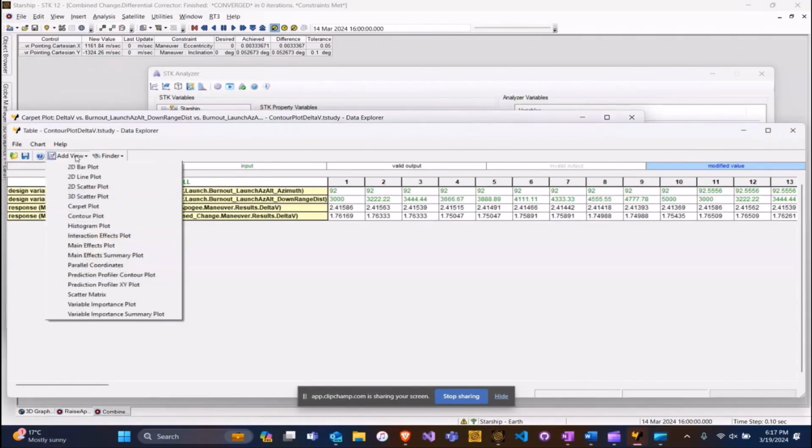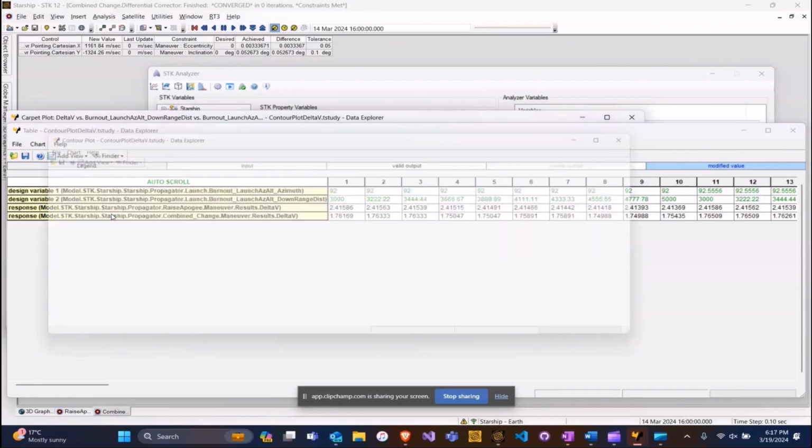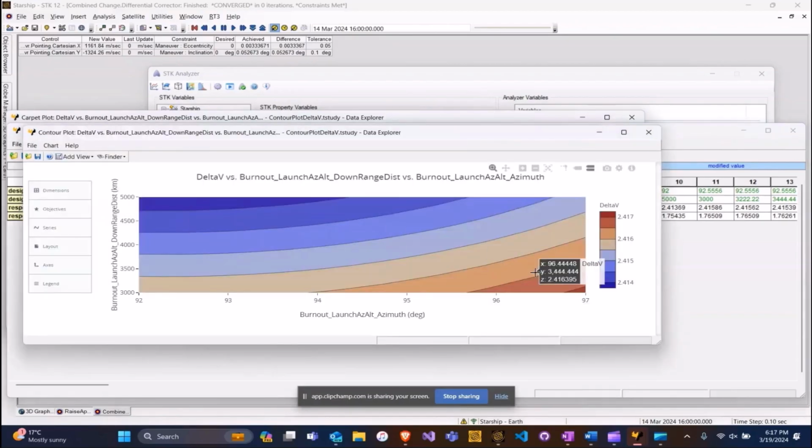So I'm going to click on Add View, Contour Plot. And here I'm going to see that as my azimuth decreases and my burnout launch downrange distance increases, my delta V decreases. Of course, not by much here because we are extremely constrained when it comes to azimuth, but it makes physical